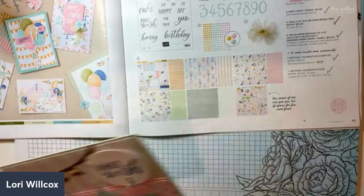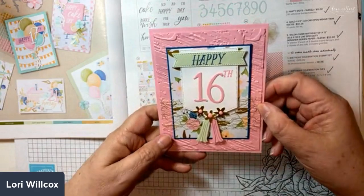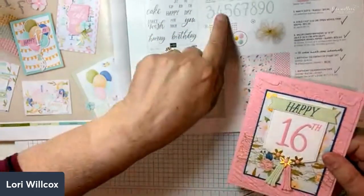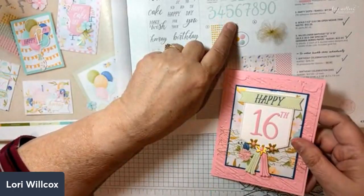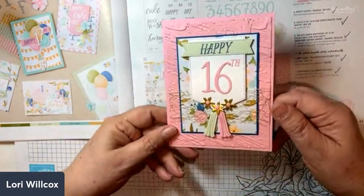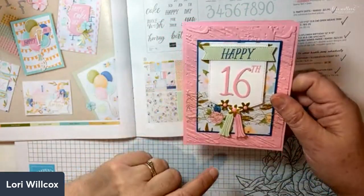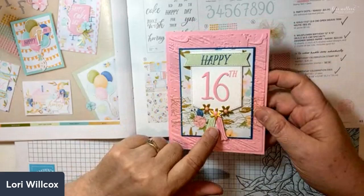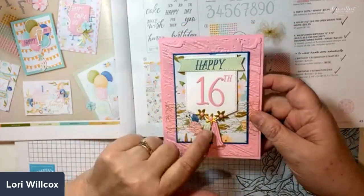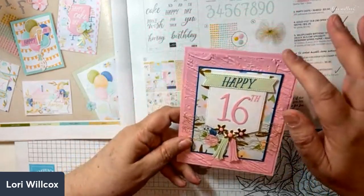And then this one I did for a happy sweet 16 birthday. There are number dies in this set, which is great, so you can do any age. I actually did one for my mother's 90th birthday last month, and that turned out really well. Yeah, and it's got the little tassels that you can die cut, little flowers I cut out of gold foil, and I used